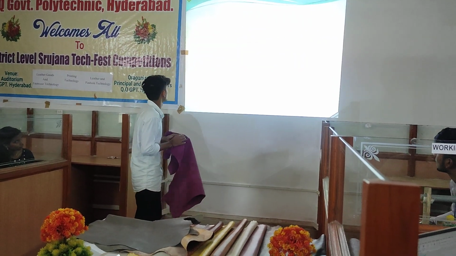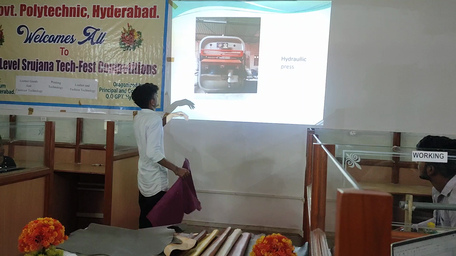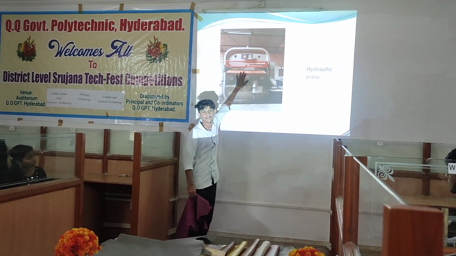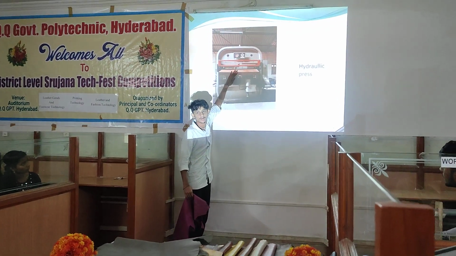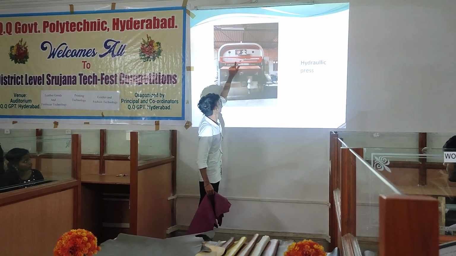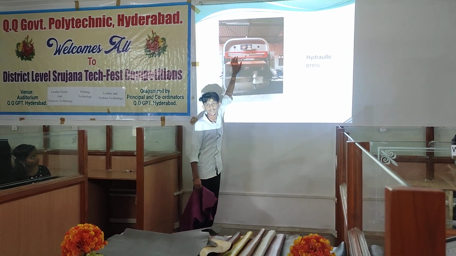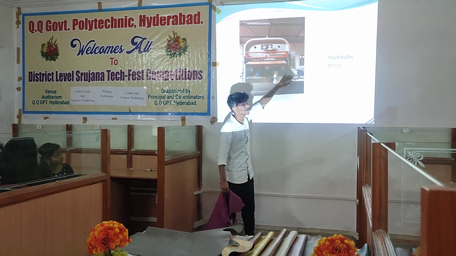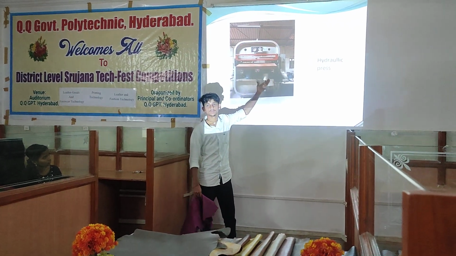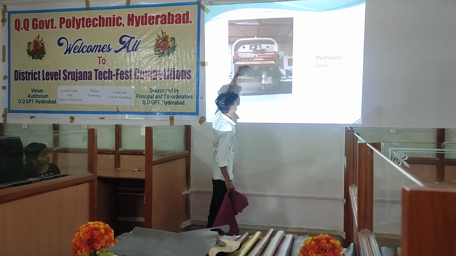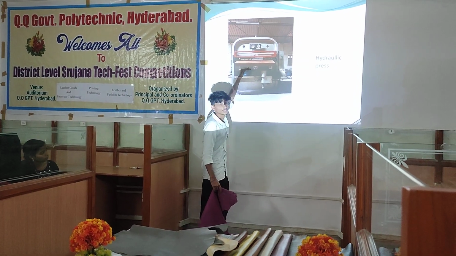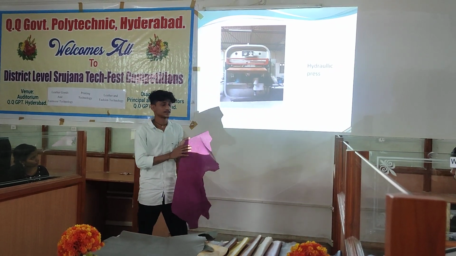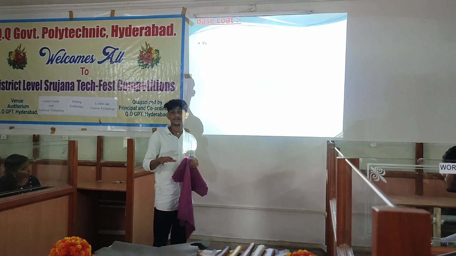Next, here we can see the hydraulic press. This is the machine, a hydraulic press. Here we keep the leathers and they are pulled into the hydraulic press. Here we can see plates like air-seal plates and design plates. Then we apply the pressure and temperature that we need. Then we press the plain plates onto the leather and it comes out very smooth and flat. There are no wrinkles on the leathers after plain plating.